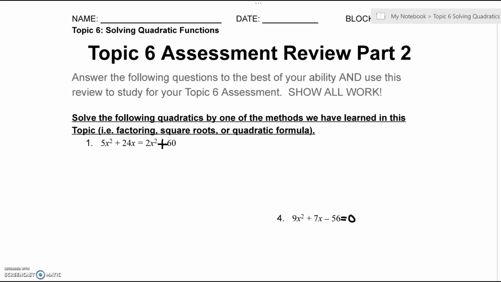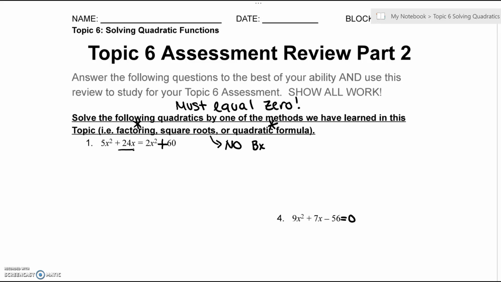So remember, if we are going to use factoring or quadratic formula, the equations must equal 0. So number 1, that's going to be the first thing here. Now, remember, square roots: I can only solve by square roots if there is no bx term. And what I mean by bx term is this term right here, 24x. Because I have the term 24x, I cannot use square roots,